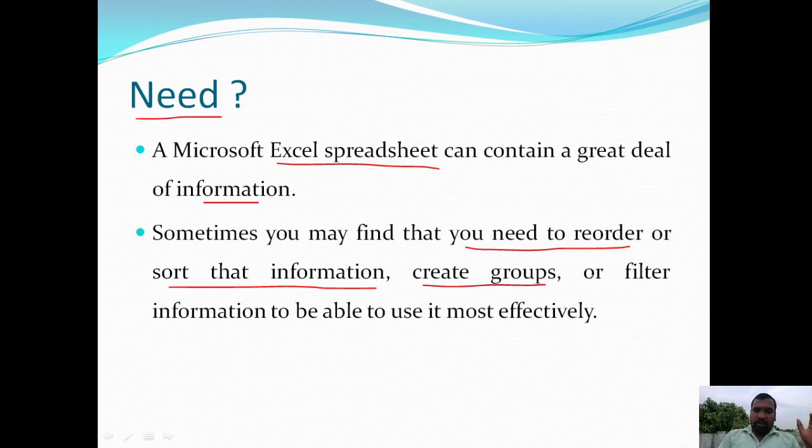Sometimes we also need to perform filtering to be able to use the information in most cases.